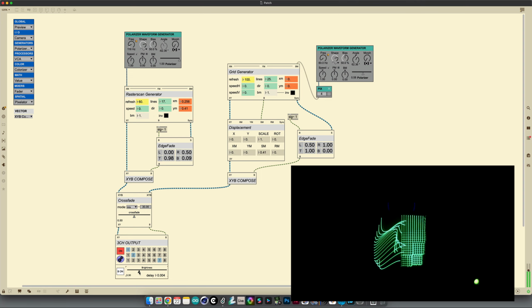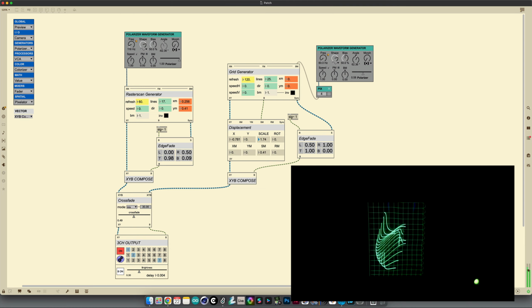There we go. My grid was with an incorrect refresh rate. So yeah, this is pretty cool because we can actually crossfade and have both of them at the same time, or change the brightness of one while increasing the brightness of the other one. And with the displacement here, I can even move mine around, and as you can see, they are mixed okay and without any